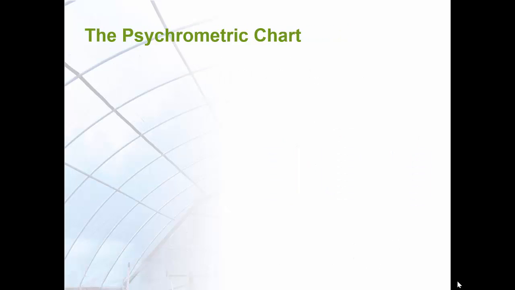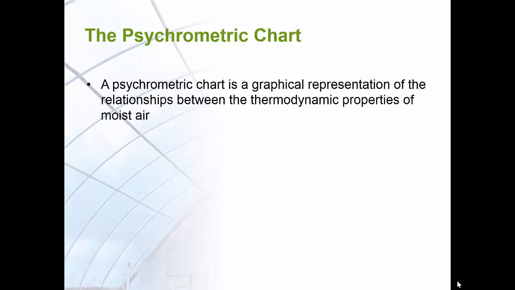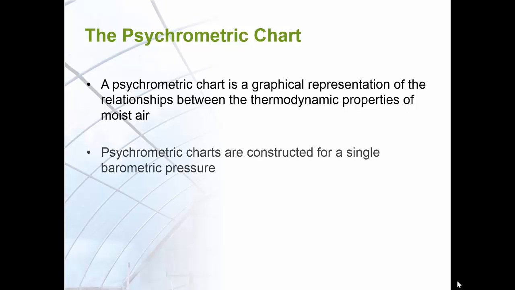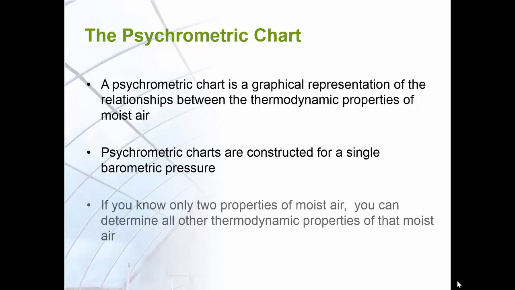Graphical representations of several important properties of moist air are provided by a handy chart called the psychrometric chart. These charts are constructed for a certain mixture pressure, so it is important to use the correct chart with the corresponding pressure that is relevant for the process or the system being evaluated. For example, the chart seen in this slide is developed for sea level and for a barometric pressure of 1 atmosphere, and that's about